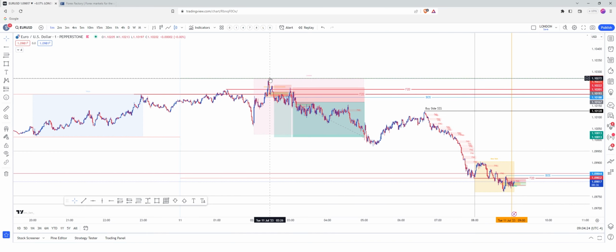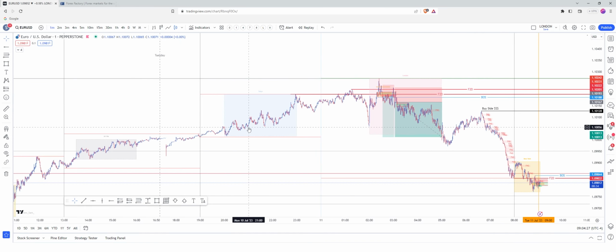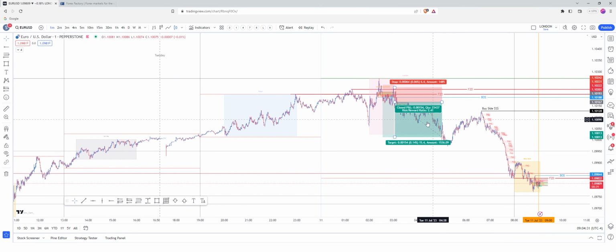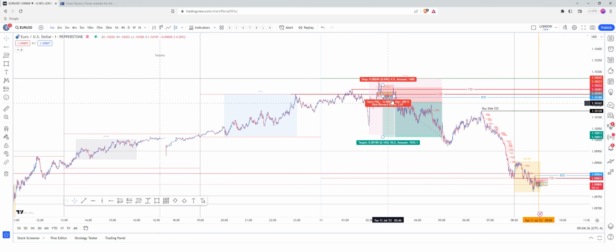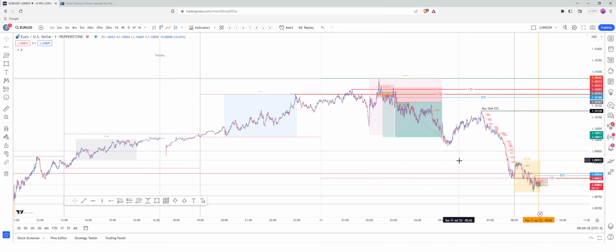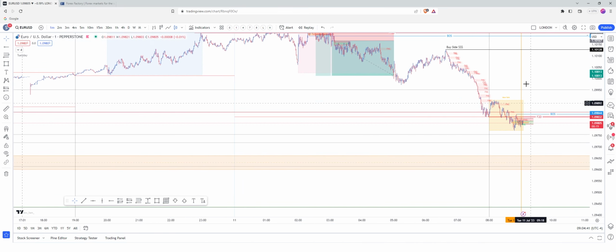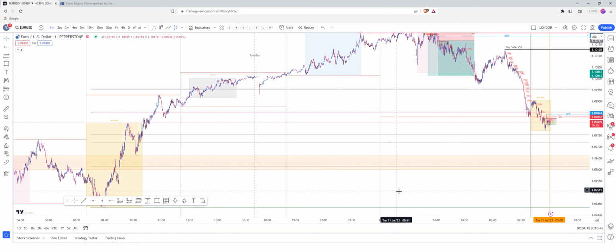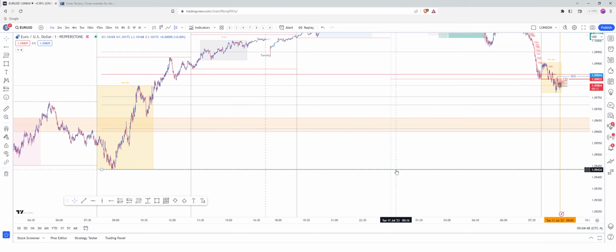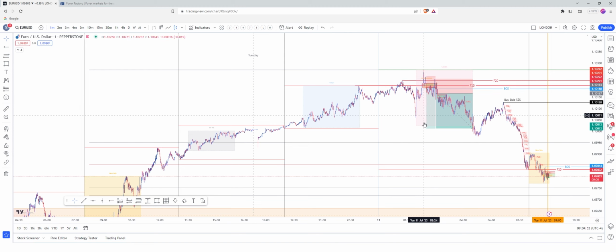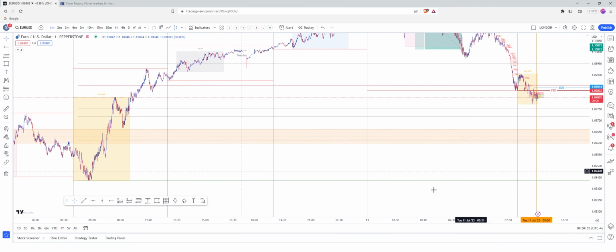Obviously London put in the high of the week, or the low of the week is traditionally put in on a Tuesday more than likely, so this is the high of the week at the moment. That could give us extra confluence that we are more likely to be seeking lower liquidity now to put a low of the week in, going for the opposite side of the range, which at the moment would be Monday's low. So Monday's put the low of the week in, Tuesday's put the high of the week in, displacing away, aiming for the low of the week.